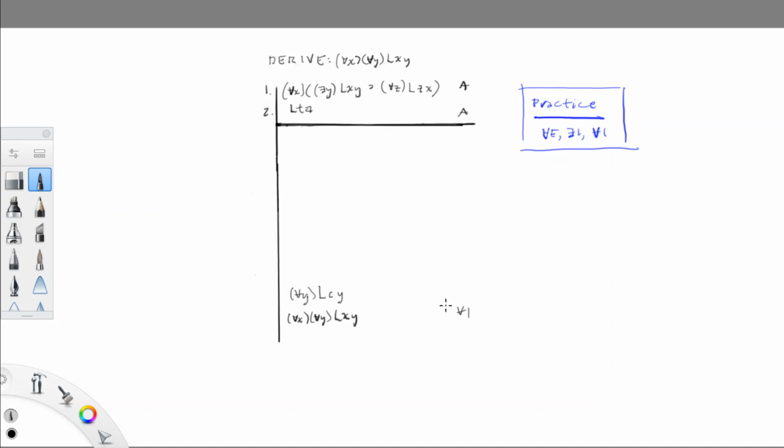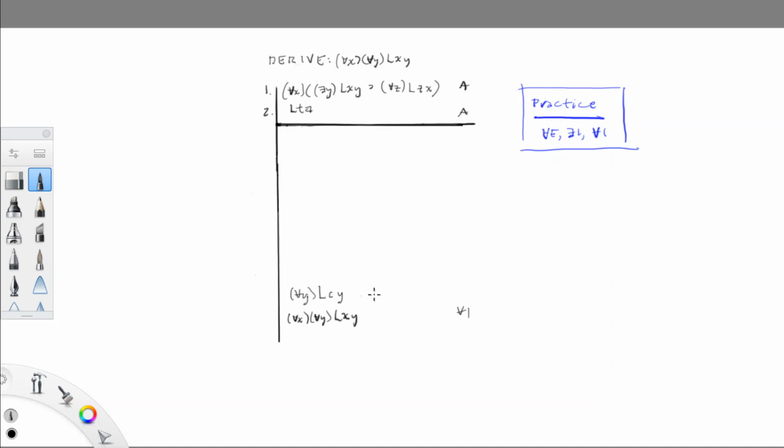Okay? Remember that Universal Introduction has two provisos. It says that the name we replaced with a variable cannot be in the result of the rule application. So we'll be safe there. But it also says that the name that we're replacing with a variable cannot appear in any live assumptions. Well, there are two names in the second assumption, T and A. So we don't want them in a position where we would like to apply Universal Introduction.